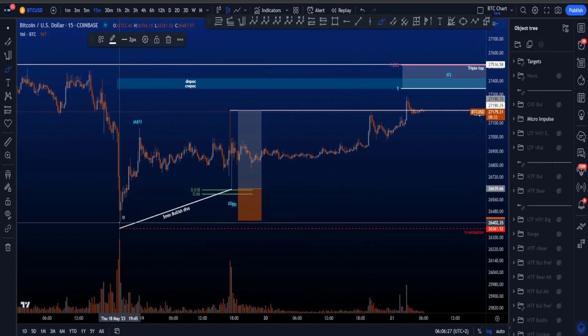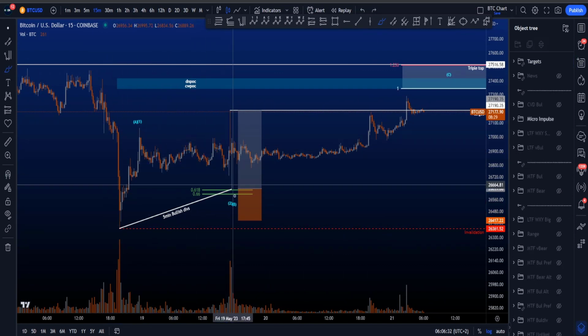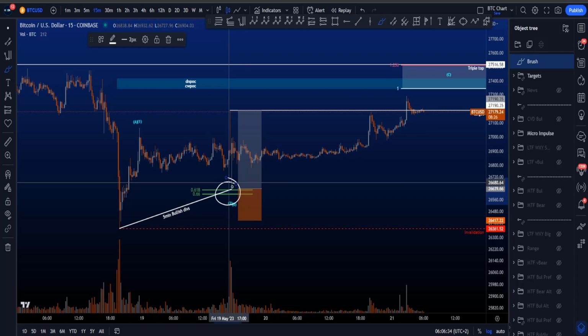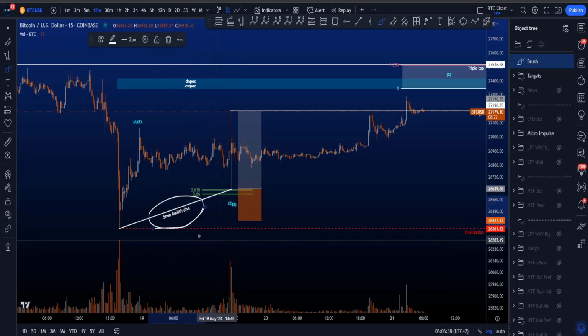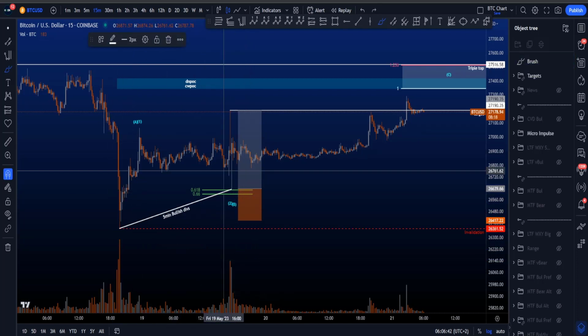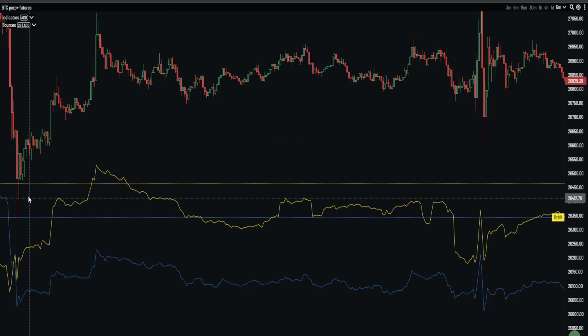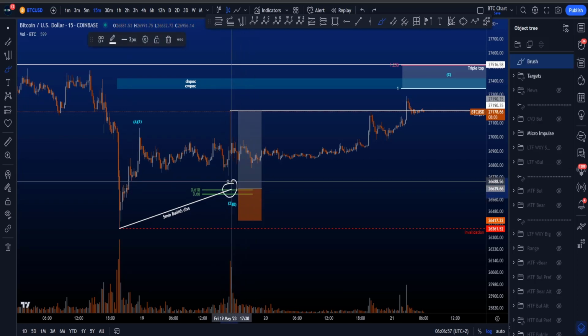So then we have this move to the upside, right? We had this bounce, then a sideways corrective structure, and the moment price moved to the downside on the 5-minute time frame, we created bullish divergences. So a higher low on price, lower low on the CVD chart, which you can see over here. On the blue line we have a lower low on the CVD with this little low over here. So lower low on the CVD, higher low on price, bullish divergences, absorption going on for a potential entry,